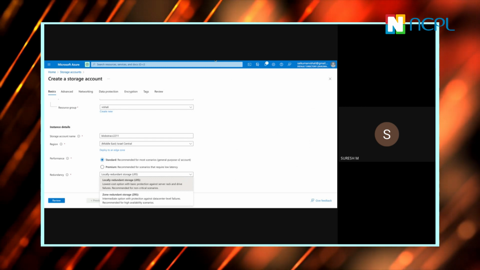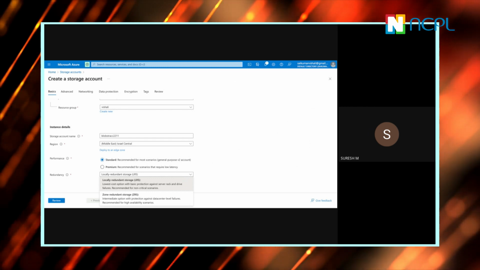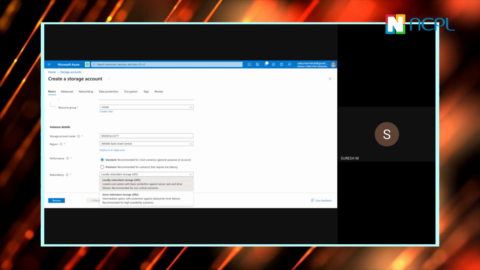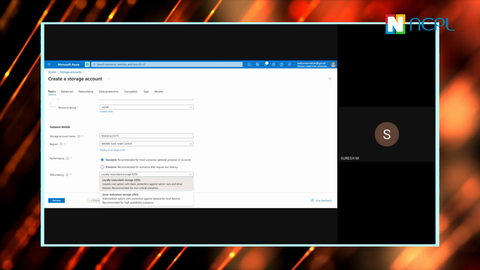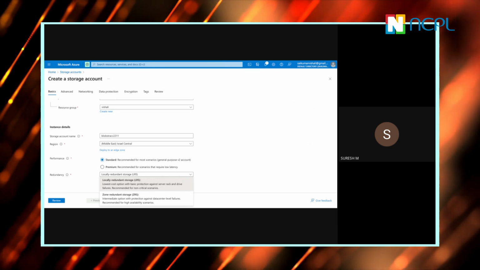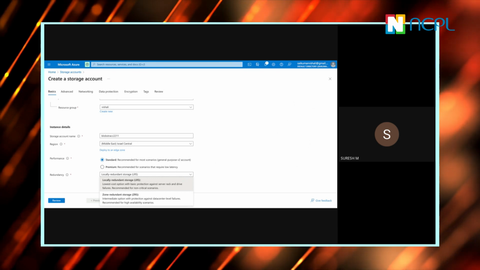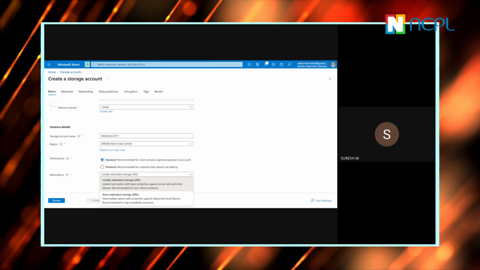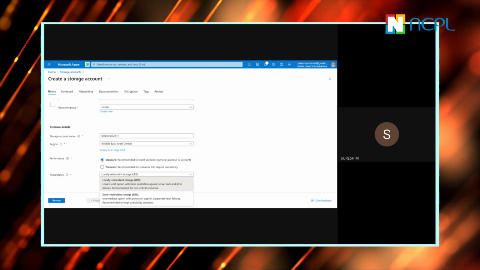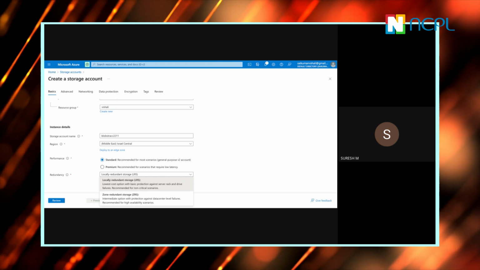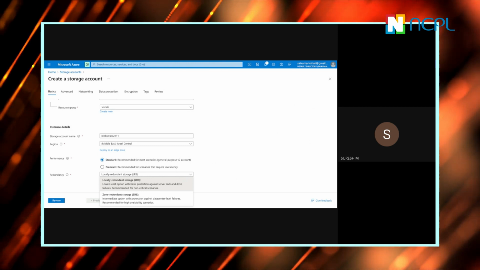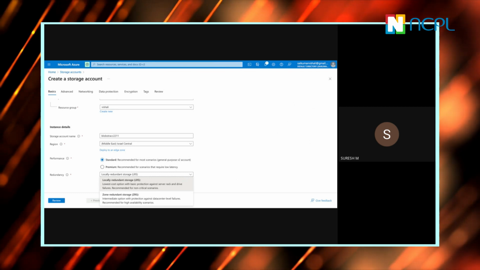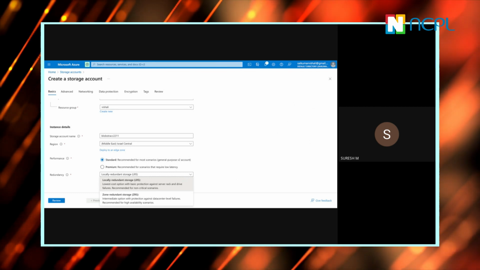That's why we always pick the best locations, the best place where we are staying, where demand would be more. So usability, processing, everything could go in a better way. So this is about redundancy. Four options you have if you go to any region.